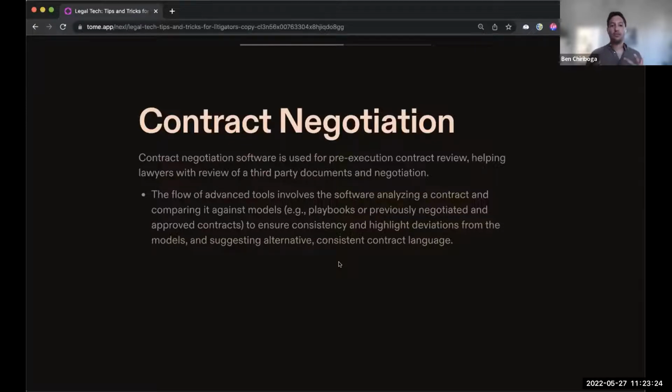The flow of these tools tends to involve software that analyzes the contract and compares it against models or playbooks to ensure consistency, as well as highlight deviations from the model and suggest alternatives. So that was a lot of words, but I wanted to make sure that that was comprehensive. But to bring that down and just put it in plain English, basically contract negotiation tools really do two core